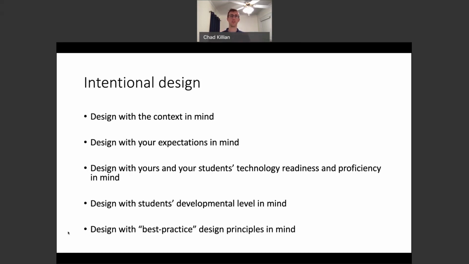parental engagement in your community, the school support in your community, the learning expectations within your community. So be mindful of your students' level. Elementary is definitely different, even from K-2 to 3-5 grade levels. So just be mindful of the developmental level. And that's no different from any other PE class that you're teaching. And design with best practice principles in mind.